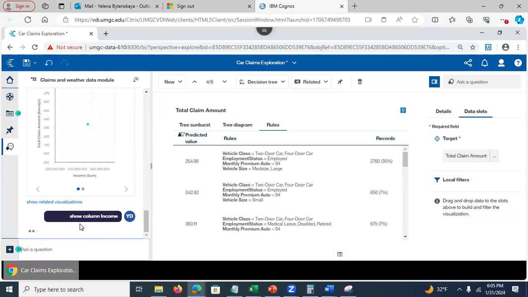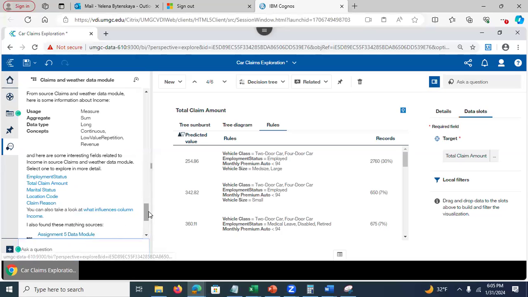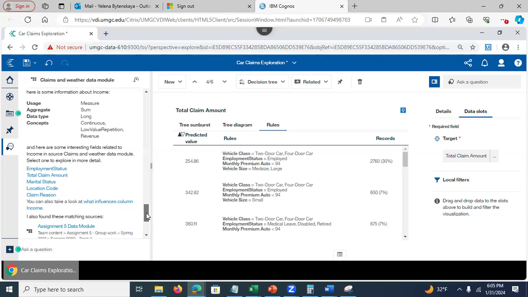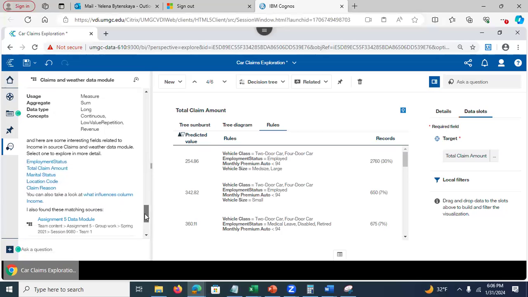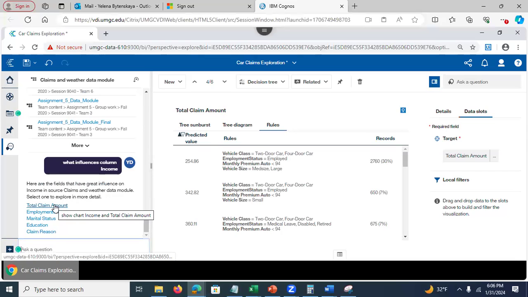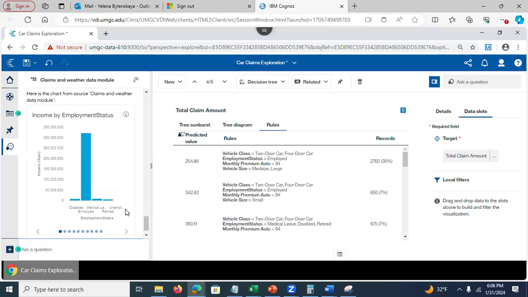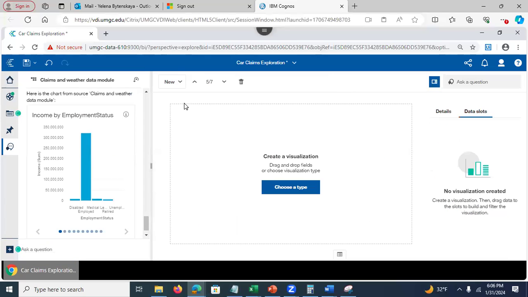I can literally type show column income, and it's gonna give me the properties of that column income. It's gonna search through the data sets that I have access to for the column income. See? And see this, you can look at what influences column income. And it could be perhaps, let's do employment status. Now I got better visualizations. So what I could do here, I go new, and if I like certain visualization, I can drag and drop,